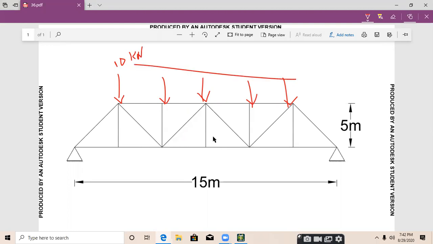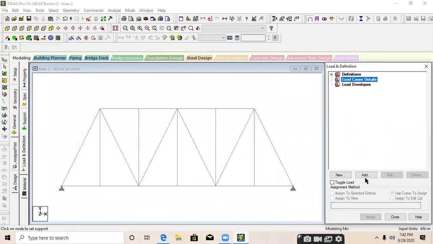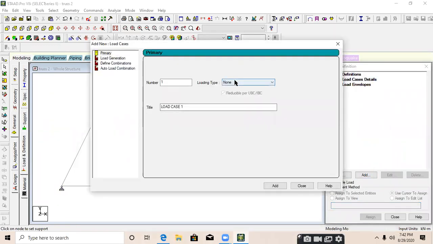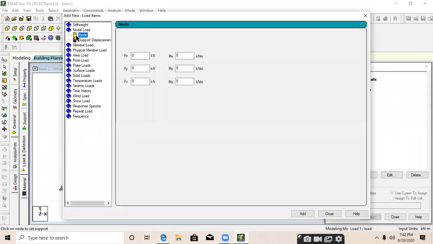Go to the load and definition, load case detail, add, loading type is none, and load case I am providing as load. Add and close. Select that particular load case, go to add, node and load. In the FY, you will provide a value as -10. Go to add and close.